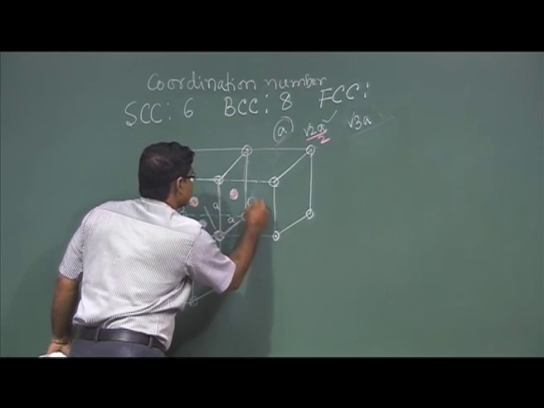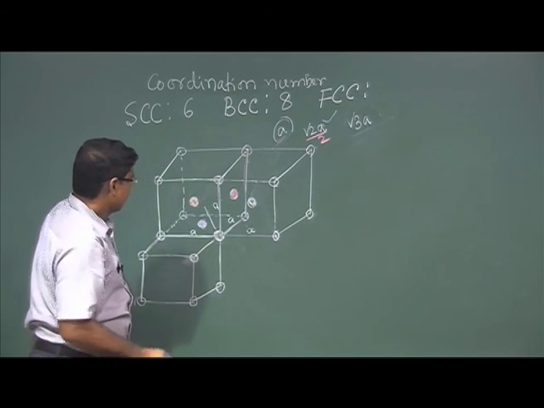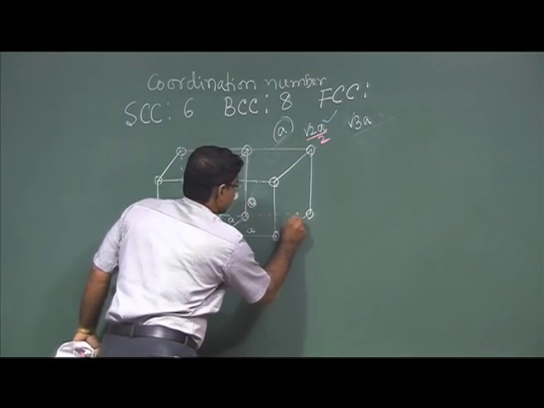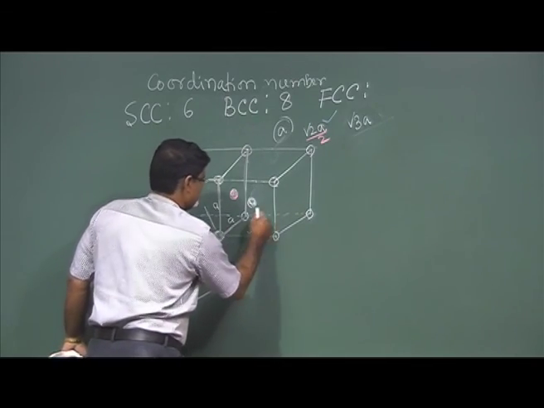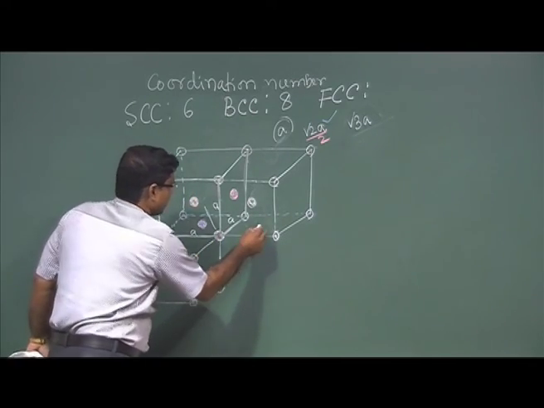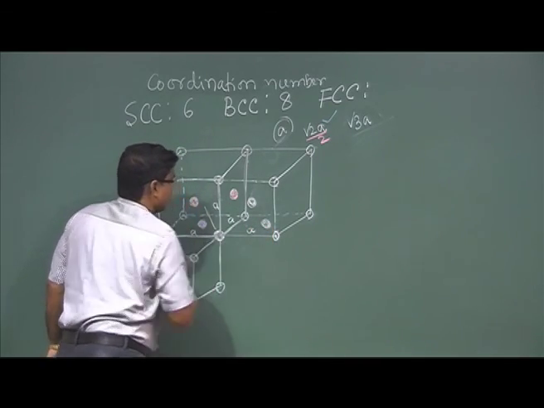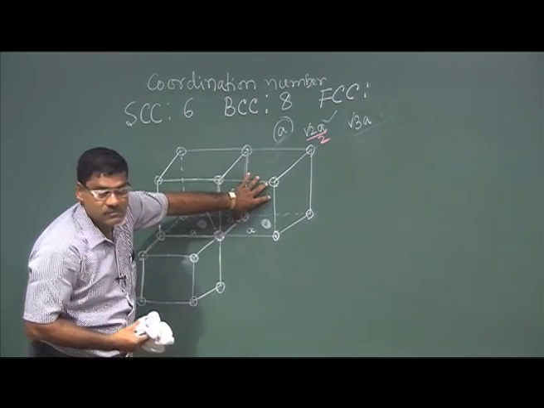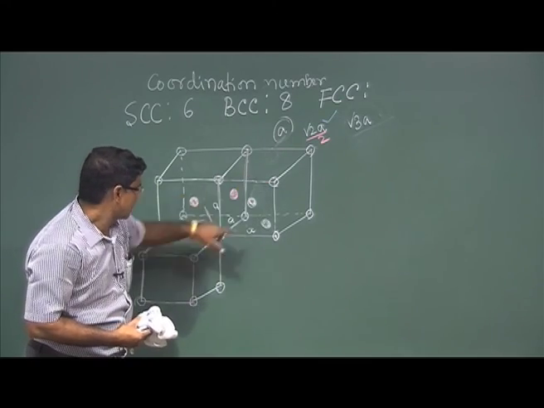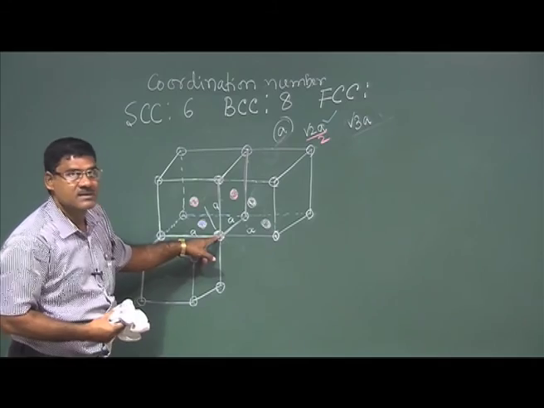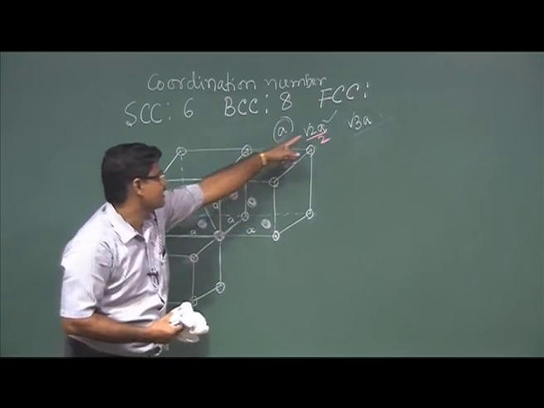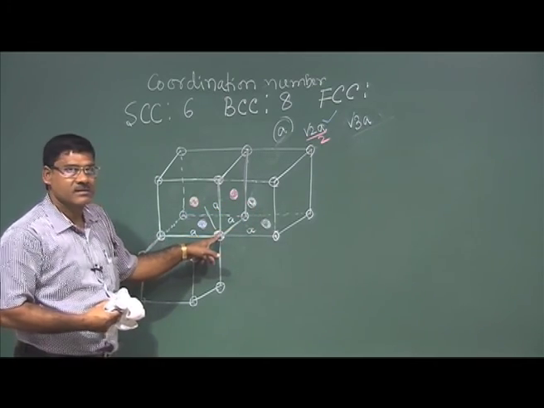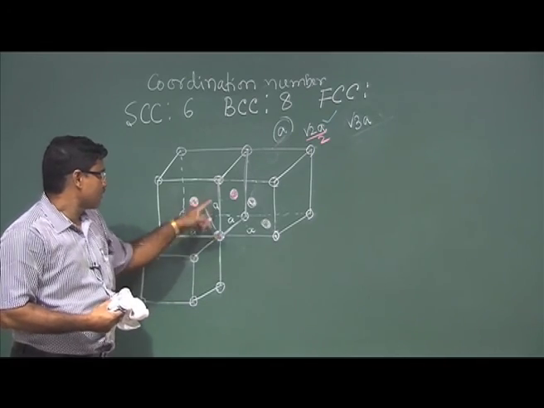In this case say here, okay, and I have to complete it. Then this face is attached with this one, so I will have another face centered atom, okay. So again from this unit cell, these three are attached with these three atoms, they are having the same distance. So again from here we are getting 3 nearest neighbors, right. But one thing you can observe that,